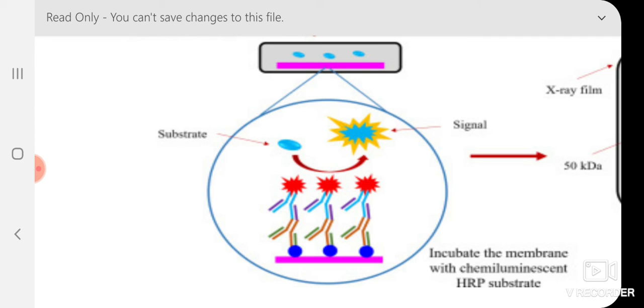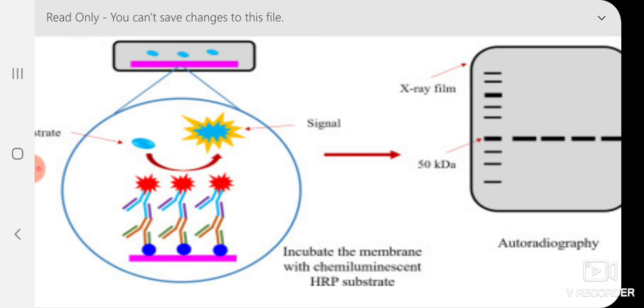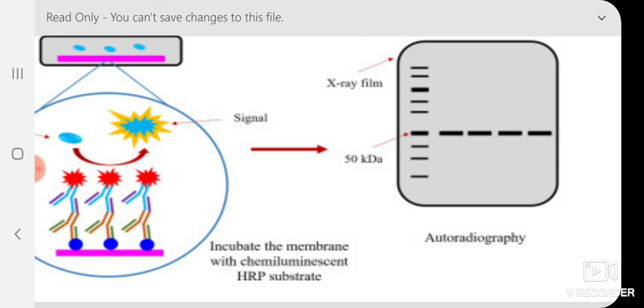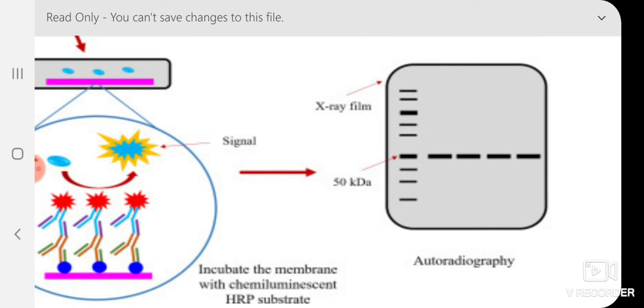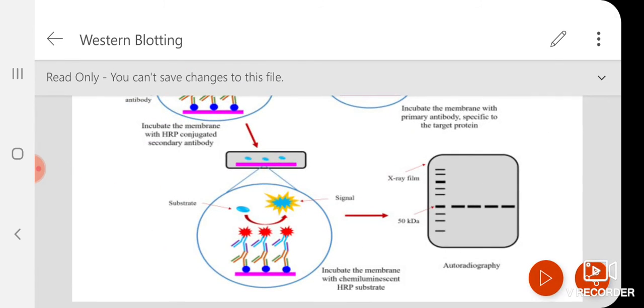After adding the secondary antibody also, you need to wash, because the excess secondary antibody should not be there. The blot will be very dark. So after all this washing, the first wash is after incubation with the primary antibody and the second wash is after incubating with the secondary antibody. Once the wash is done, you go for autoradiography. If you use a particular antibody for your 50 kilodalton protein, which is showing here, you will see this kind of band appear on the film. So this is the procedure.